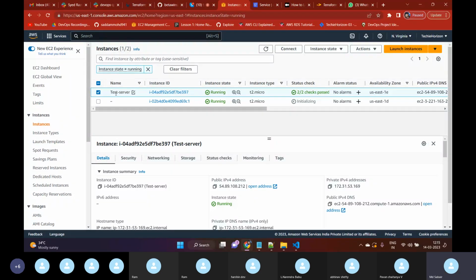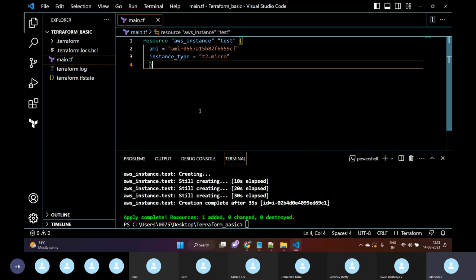So if you want to manage, for example, if you want to delete this test server with the help of Terraform, can we do that? Is that possible for us? Yes or no? Is it possible to delete the existing server which has been provisioned manually without Terraform? Yes or no? I think no. No, right? So if you want to maintain, delete, create, destroy, manage the existing infrastructure as well,